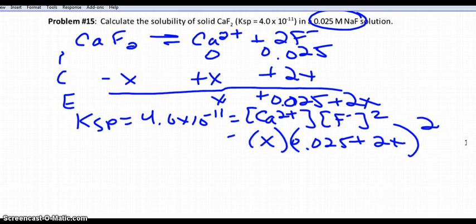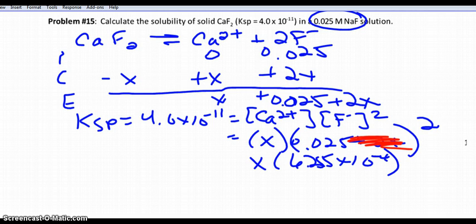Now, do you remember what we did last time that made our life so much easier? We're going to do that 5% rule, and we're going to assume we do not need that. So now our math boils down to squaring the 0.025, and that is 6.5 times 10 to the negative 4th, and that's equal to 4.0 times 10 to the negative 11th. So if you solve for X,